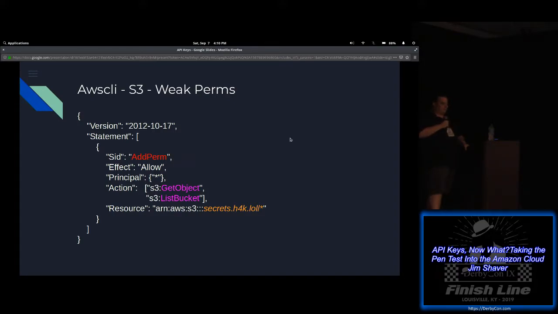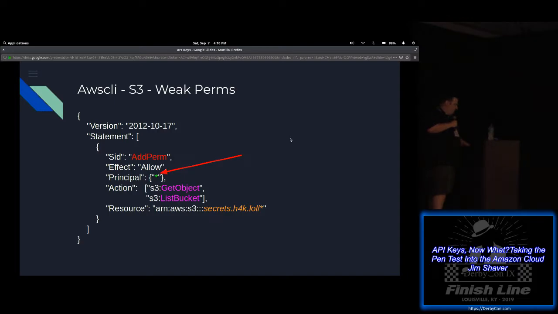That's the name of the bucket. Okay. And normally these are not inherently bad permissions to add. The problem is that we've got this one tiny little star that is the principal, and basically what we're saying is we're giving all this permission to every person globally around the world. Okay. So everybody who can get to S3 can read what's in this bucket and also list what's in this bucket.